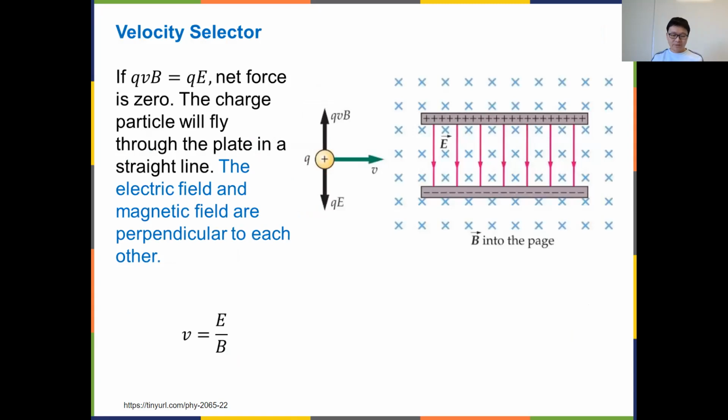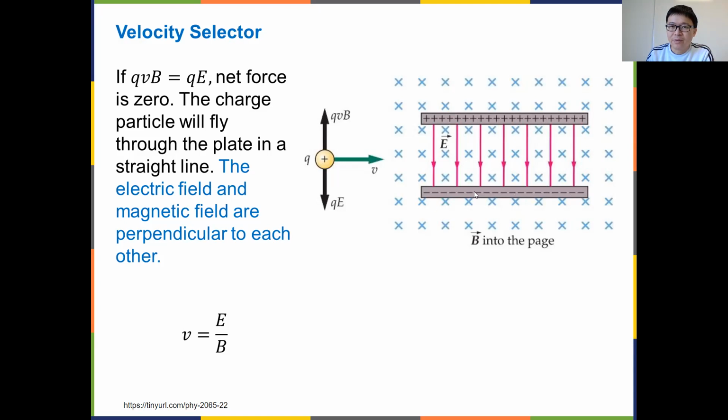All right, another application of this is called the velocity selector. You can have a bunch of charged particles that are moving with different velocities. Say the same charge, the same ions, maybe like argon ions or whatever, but they might not necessarily be at the same velocity. But you can design a device so that after these charged particles move through the device, only one specific velocity will be picked. This device is called a velocity selector, where